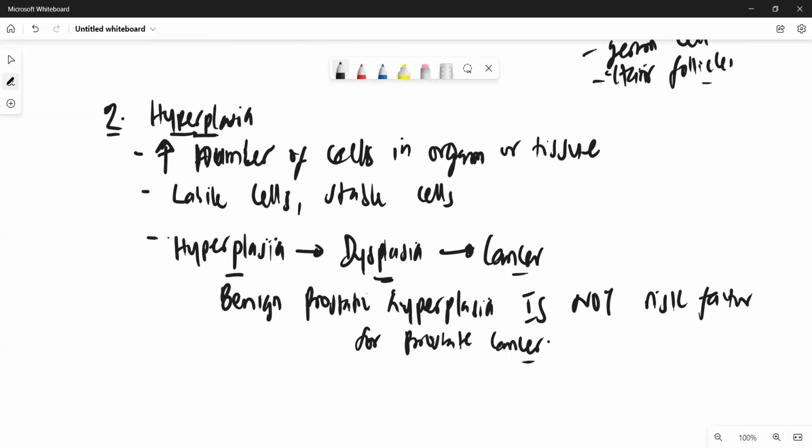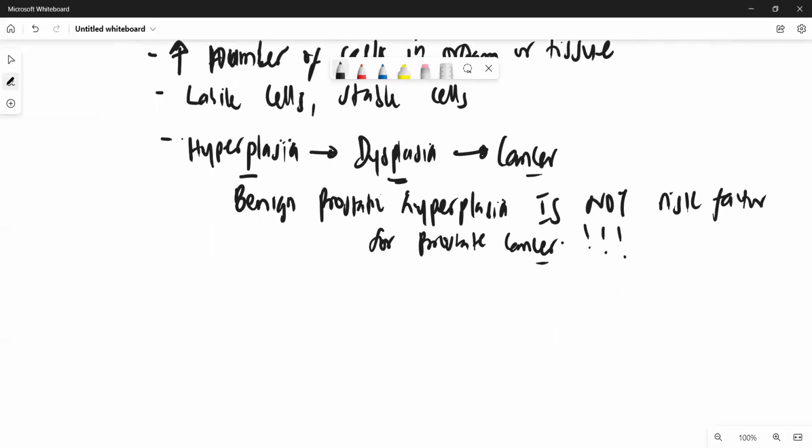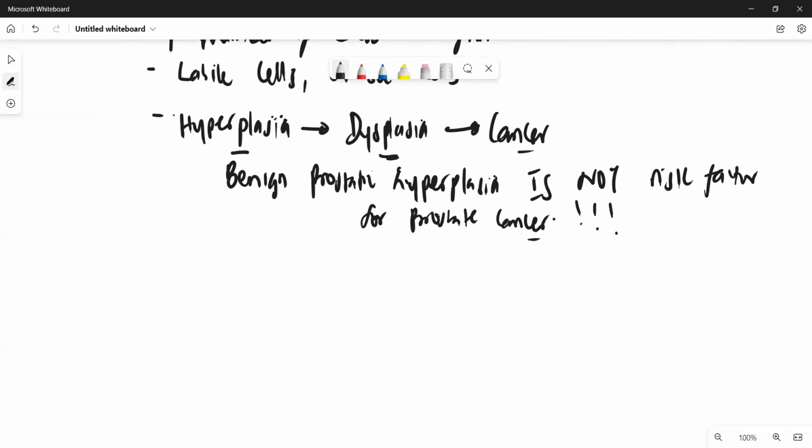So this hyperplasia will not lead to prostate cancer. That's important for us to know. It's something they can ask on the exam. So let's now look at different examples